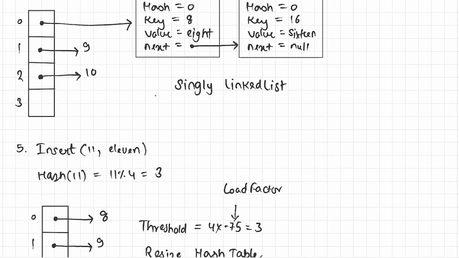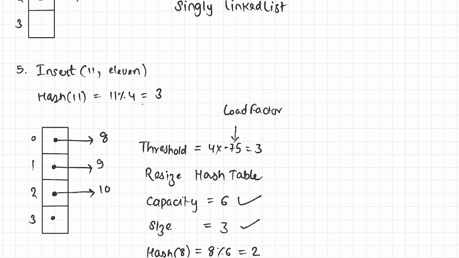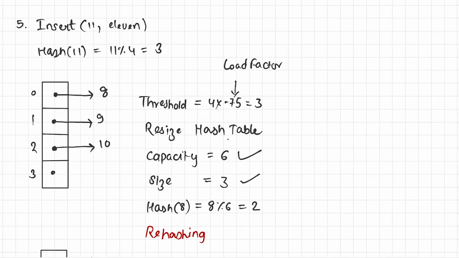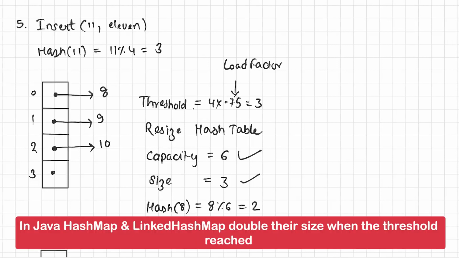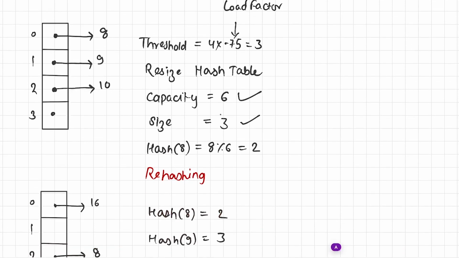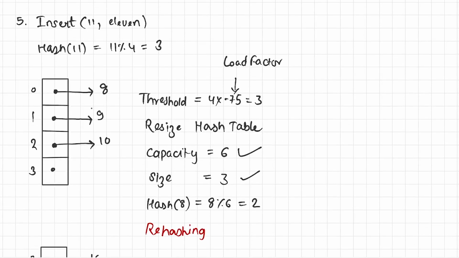As per the HashMap implementation, if your entries go beyond the threshold, then it needs to be resized. You can see that we already have 3 entries before this point. And if we try to insert this key value pair into this HashMap, this is the moment the HashMap internally resizes itself. For the sake of understanding this example, let's say the size of the array is increased by 2. Previously the size of the array was 4, so 4 plus 2 is equal to 6. So the new capacity of the internal array is 6, and the size remains 3, because at present the number of entries in all the buckets is 3.